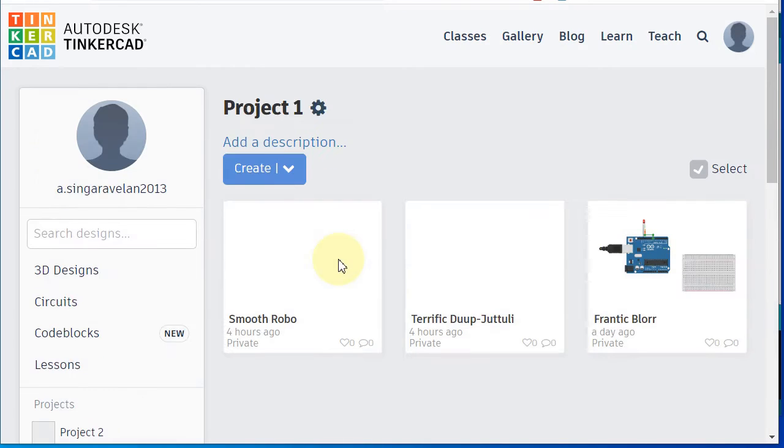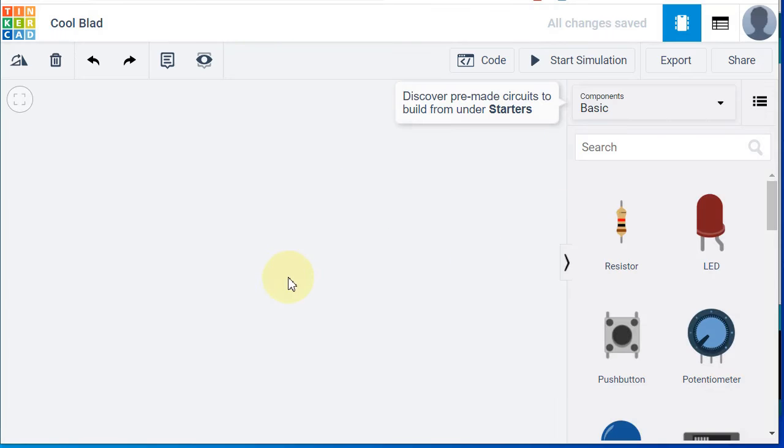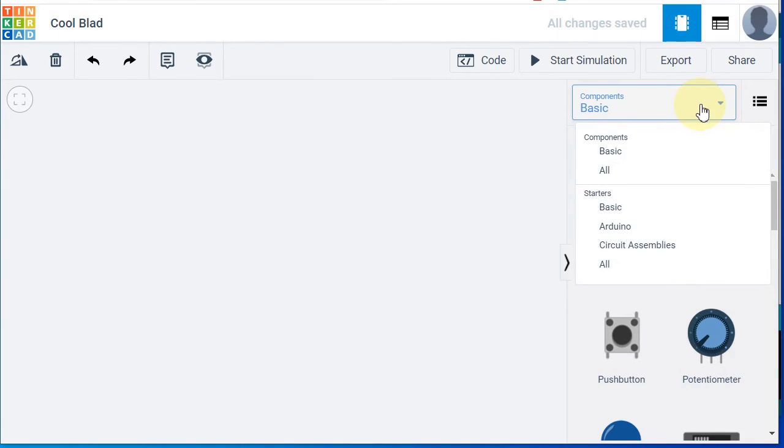Once you start the project, you can see project 1, and you want to create a circuit, not the 3D design. Once circuit is clicked, it will load to build a circuit, and this is the first view of the project. Here you can see some components available to design your embedded system.